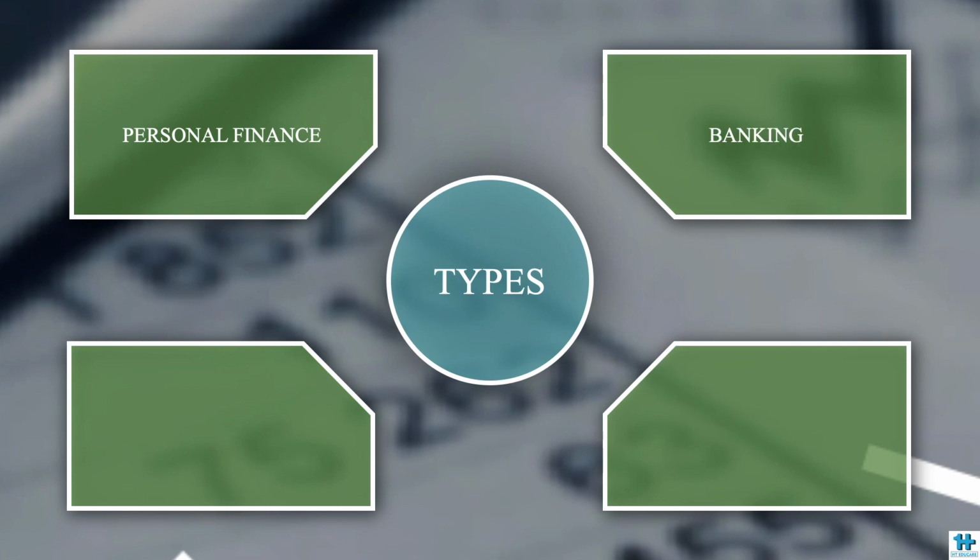Second, banking. Banking here means the financial transactions undertaken by banking institutions. These include money lending, accepting deposits, merchant banking, etc. Third, corporates. Business houses also undertake various financial transactions such as routine day-to-day transactions, raising capital, borrowings, advances, and many